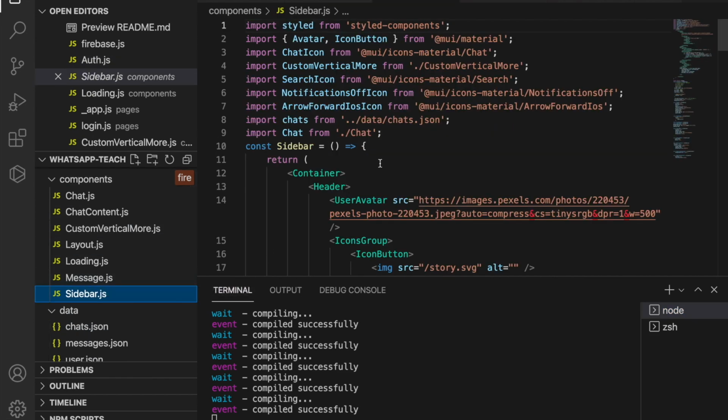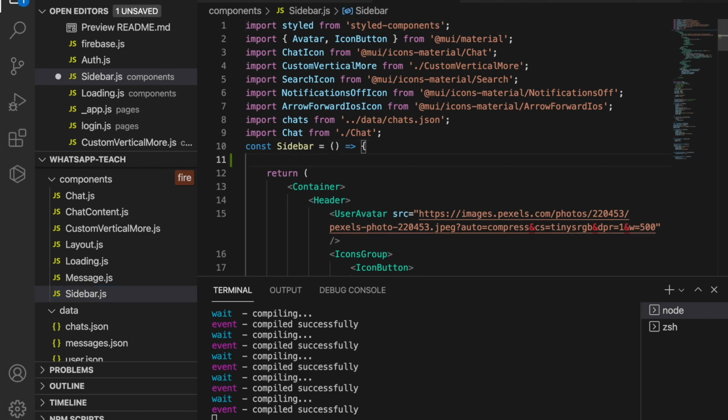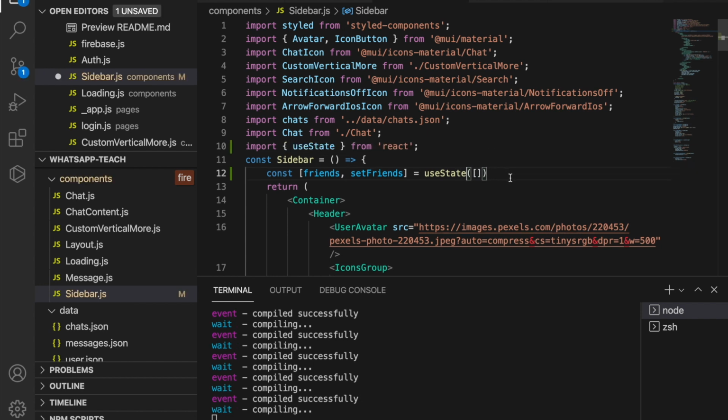And then we are going to add the state friends. So we use the useState, and then we set friends, and this should be an empty array for the initial state. And then we import the useState, and then under here, in order to fetch the friends, we are going